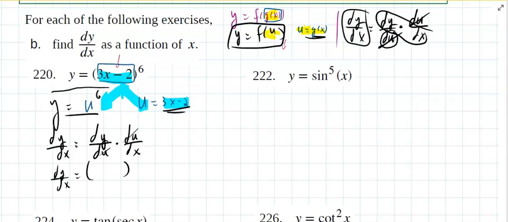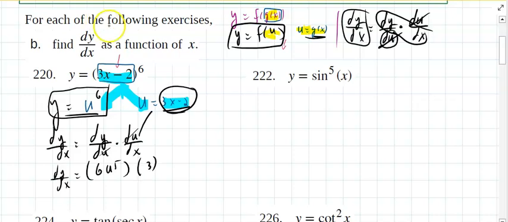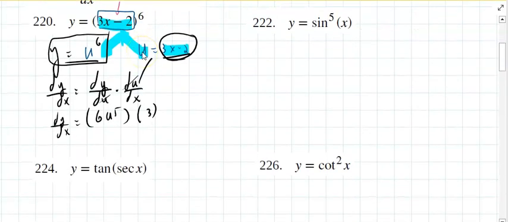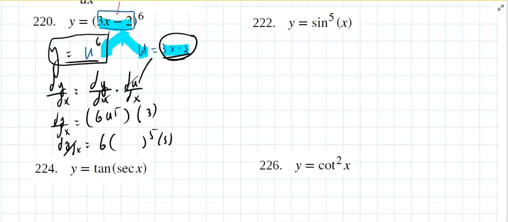and by doing so, what's the derivative of y with respect to u? Well, that's 6u to the 5th. And what's the derivative of u with respect to x? The derivative of this with respect to x is a 3. And all you have to do is come back and substitute back what u was, and you're done. And u was the 3x minus 2. And there's the derivative. Initially, I didn't know how to take a derivative of this, but now I do. And if I